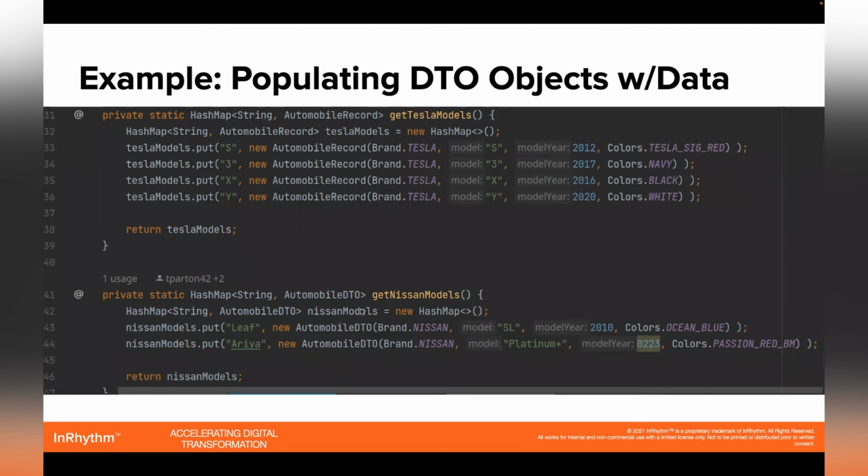And then I did the same thing down here with the get Nissan models, only I used the automobile DTO, the one that was using a plain old Java object. So as you can see, my constructor works just the same. The constructor I put in the DTO was the exact same setup. So again, we have the brand, the model year, and the color. And again, I apologize, I don't have an output of this, but whenever I'd go to write those out,